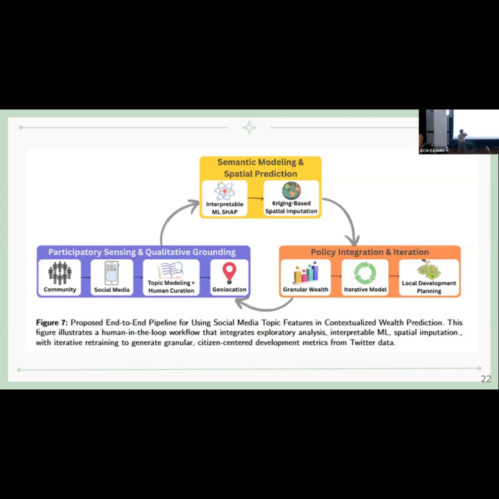Yeah, that's a very good question. Thank you. I am talking about the term poverty, but what we are really measuring is wealth, which is a proxy measure of consumption and income. Wealth has a full distribution, while poverty is truncated based on the poverty line. So we are not doing classification of people being poor versus non-poor, but looking at a specific wealth measure that's more continuous, with the whole spectrum.